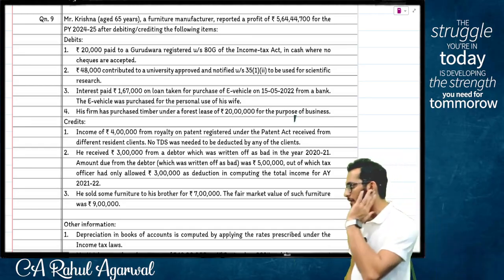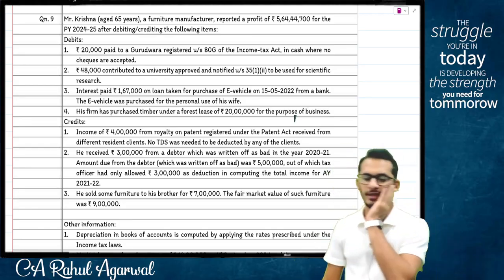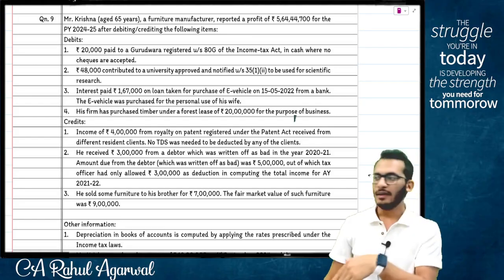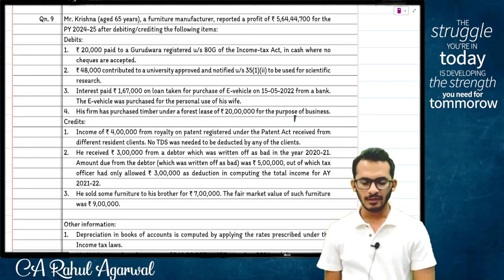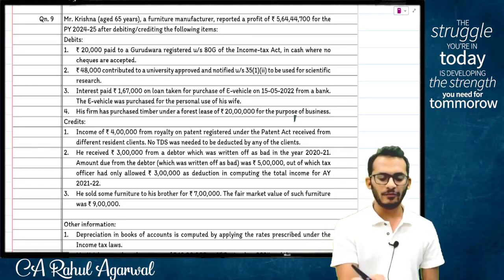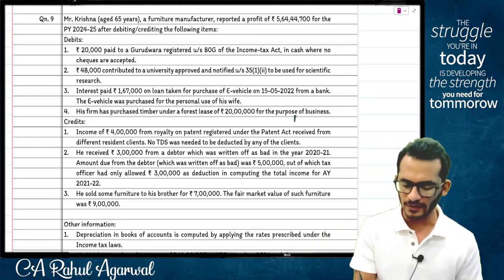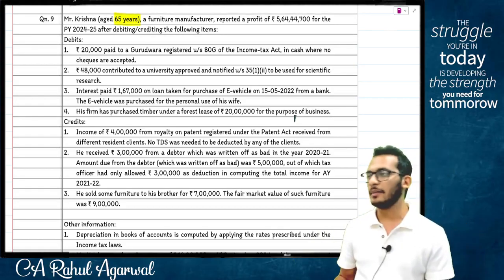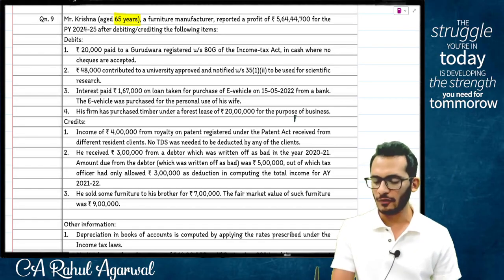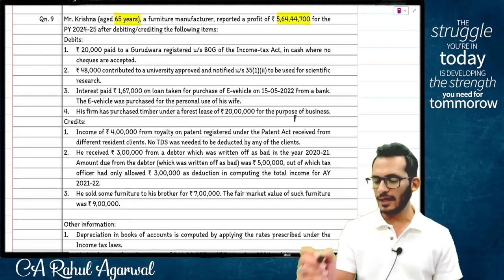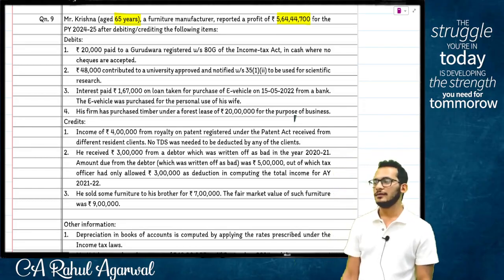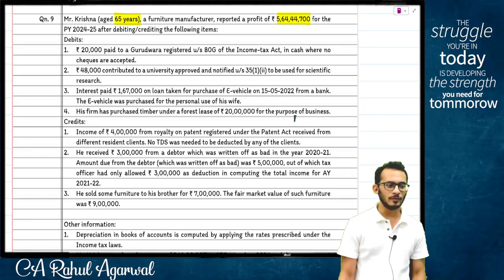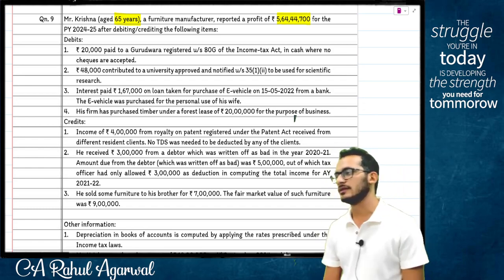Following up on question number 9, people. I think this is the question which you had for your mocks as well. Question number 9 says, Mr. Krishna is age 65 years, a furniture manufacturer, and has reported income of 5,64,44,700 rupees, which means the person is super rich and therefore will be liable for a surcharge